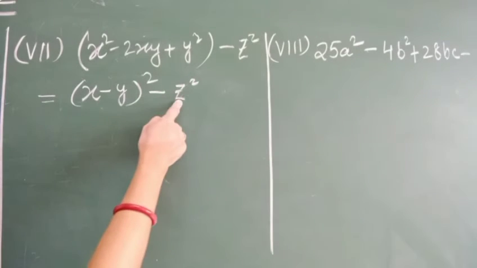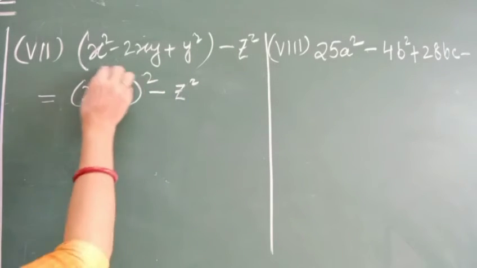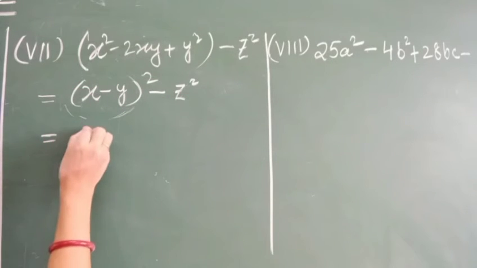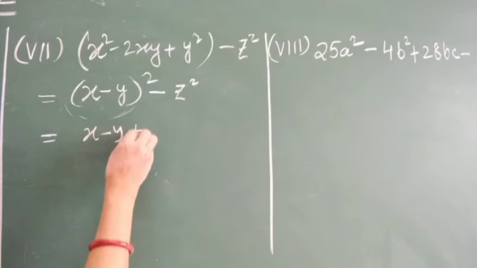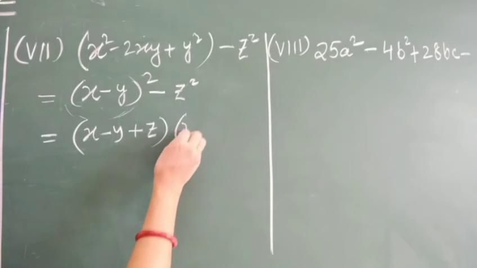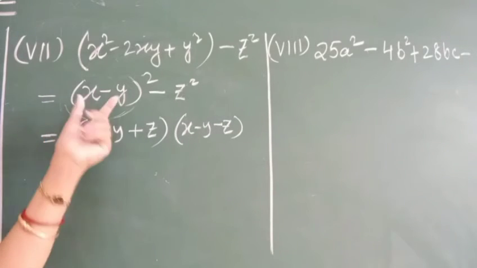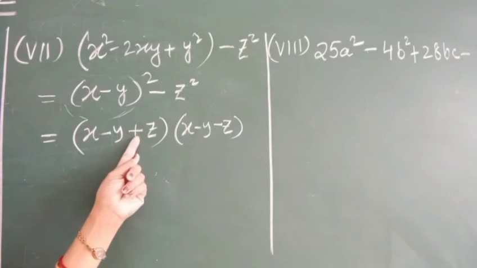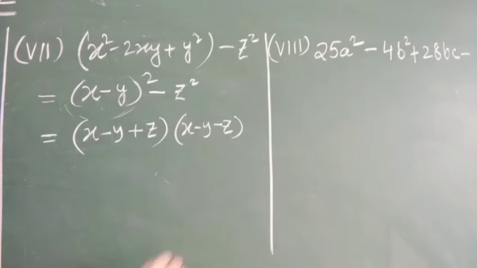So a square minus b square. Again, in this place our a is x minus y, the complete one is our a and this one is b. So what can I write? x minus y, this is our a, plus z once, and once minus z. So x minus y is our a here, I have written it as it is. Once I will write plus, and second time I will write minus. This is the sum. Understood?